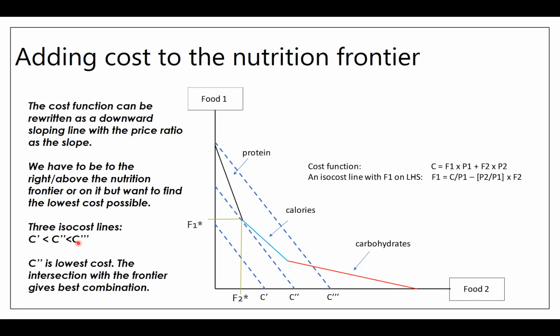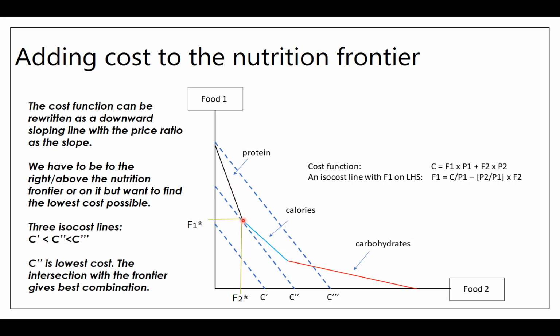Okay, what is the lowest cost combination given the price ratios? The price ratio is embodied in the slope of these iso-cost lines. So we're trying to find the lowest cost line that still meets all of our targets. And it turns out you can just follow it down and you'll see it hits that corner right there. Okay, so whatever this is, F2 star and F1 star